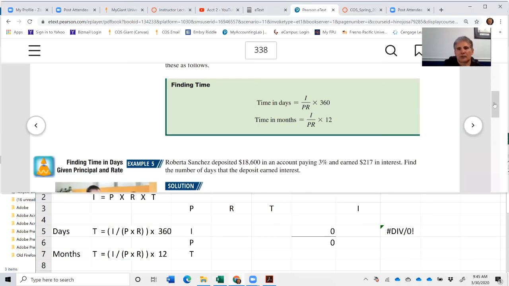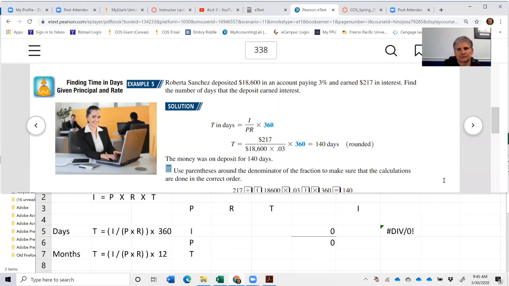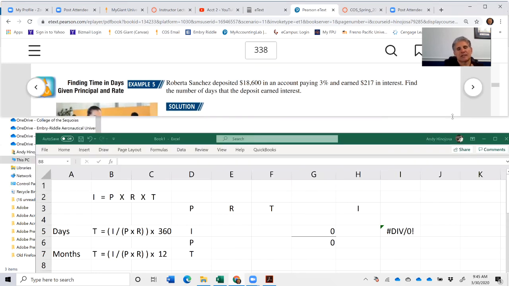Let's take a look at this problem here. Roberta Sanchez deposited $18,600 in an account paying 3% and earned $217 in interest. Find the number of days that the deposit earned interest. Go ahead and pause and see if you can solve for it. All right, so